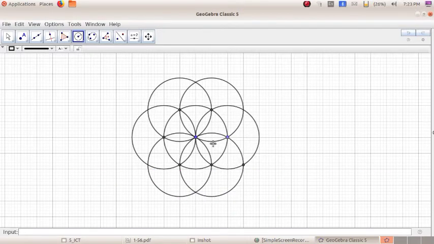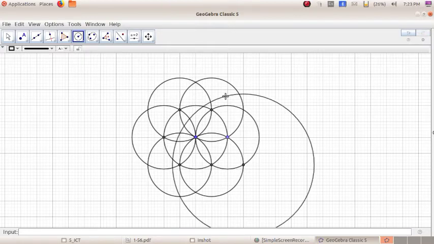We have completed drawing the floral carpet. Okay, can you see a flower shape? Okay, so dear children, we want to color this circle. How can we give colors to the circles? We want to make our floral carpet more attractive, right? Okay, for that you can right click any of the circles.